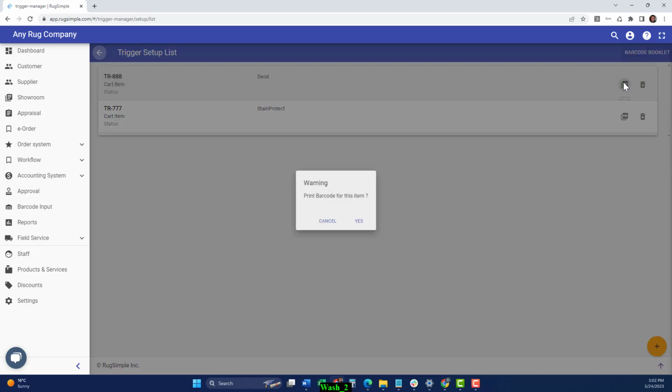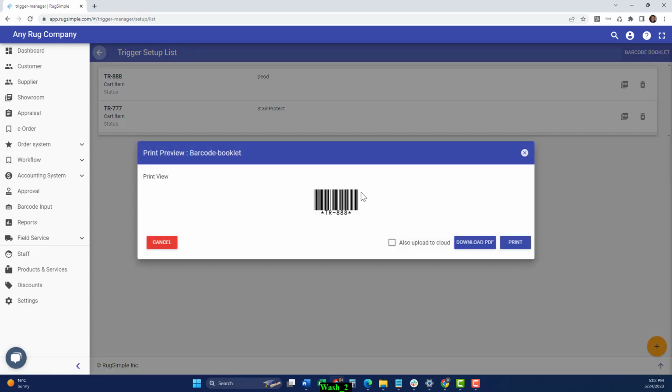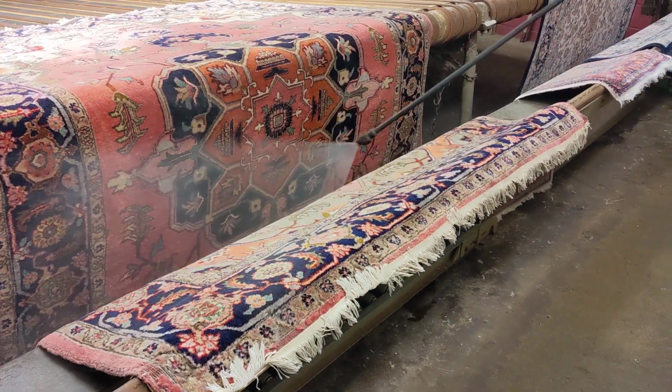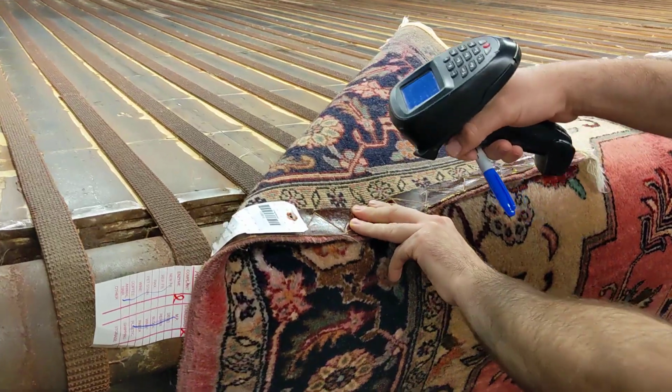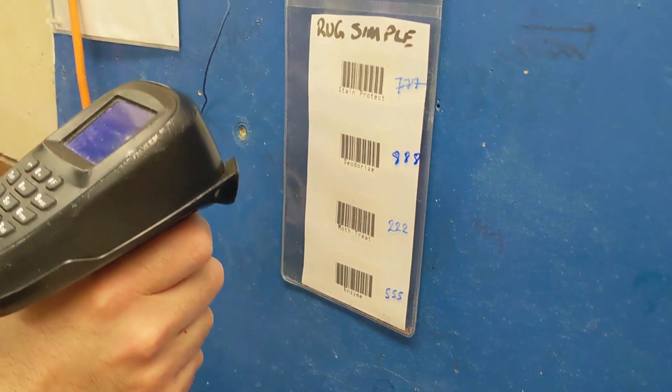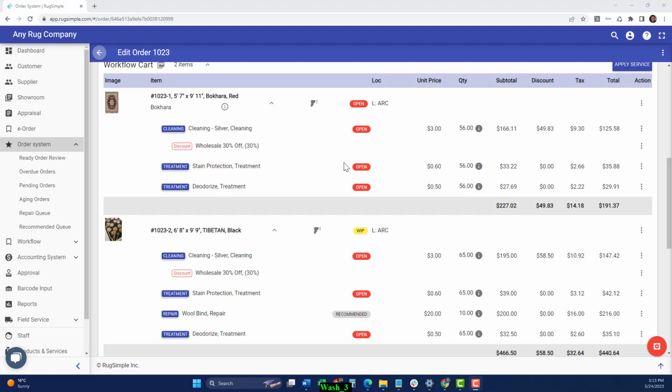I can print the barcode, which is going to let the operator scan the rug number and then scan the trigger. As long as those two barcodes are back to back in the system, they will force the status of that service to be changed from open or sold to complete. So you'll notice right now everything is in open status,